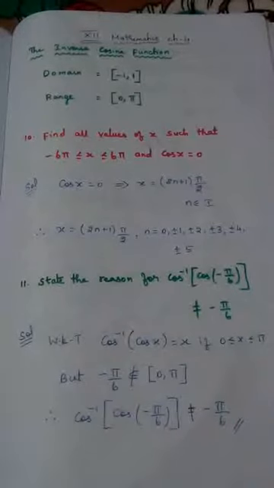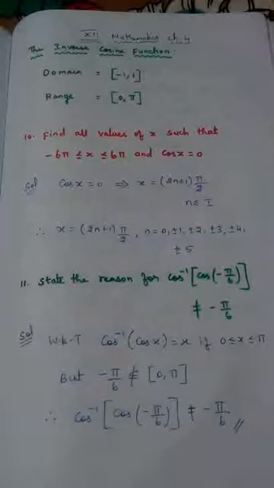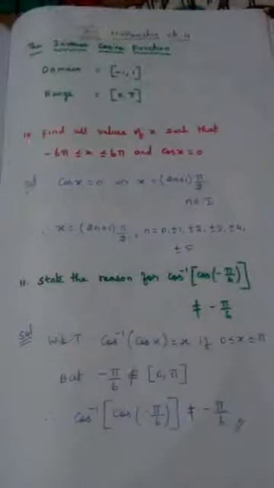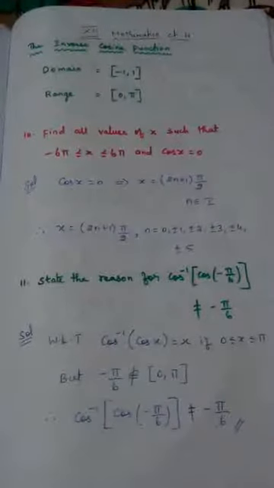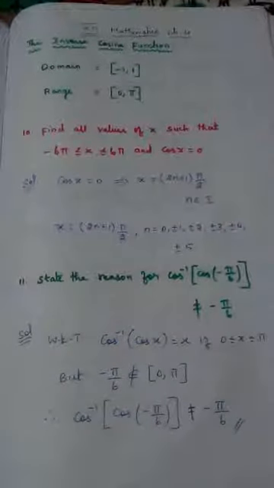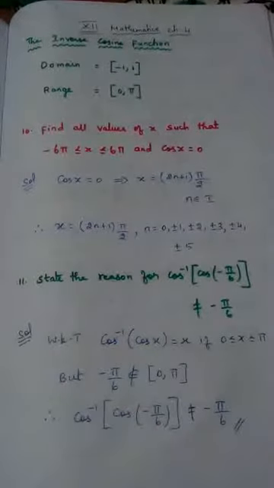And in the last class we discussed about inverse sine function, that is sine inverse x. And also we have seen that the domain of a sine inverse function is -1 to +1, and the range of sine inverse x is -π/2 to +π/2. And with that we did a few problems based on it. Now we will pass on to the next inverse function called inverse cosine function.